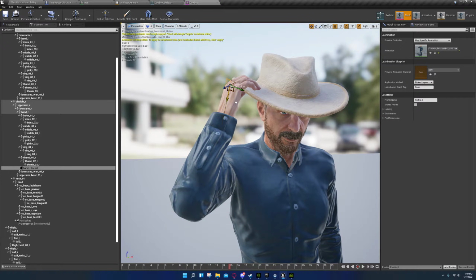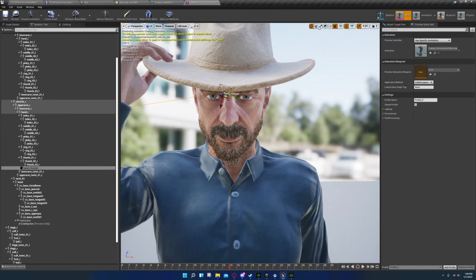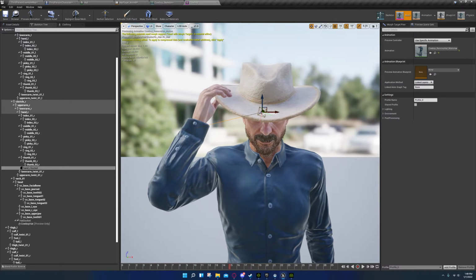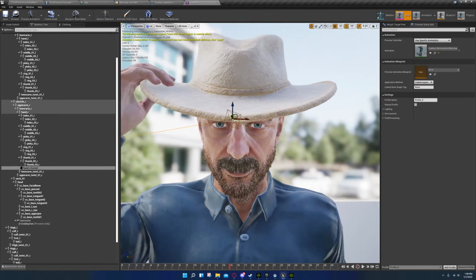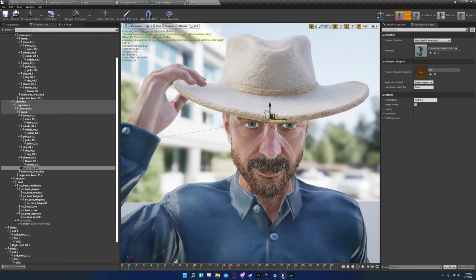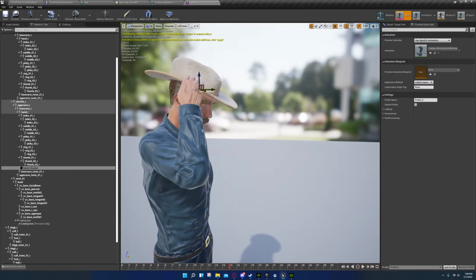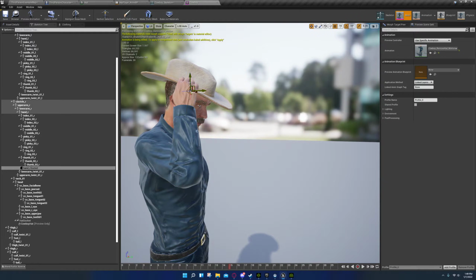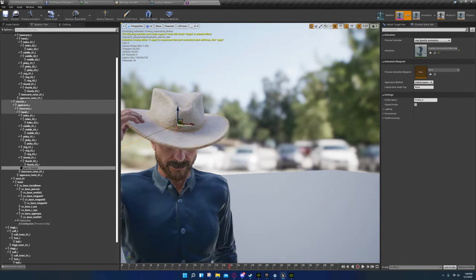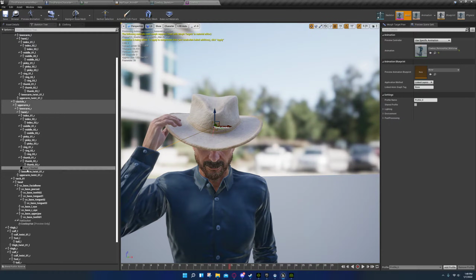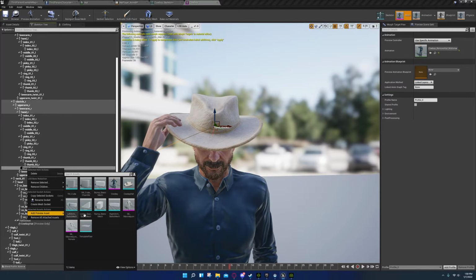And we're going to move this up, and also you can change this from world space to local space and back and so forth. And what you're going to do is you're just going to try to center it around where the hat is. You won't be able to get it perfectly centered, but then what we're going to do is we're going to right click on it and preview and do the same thing,